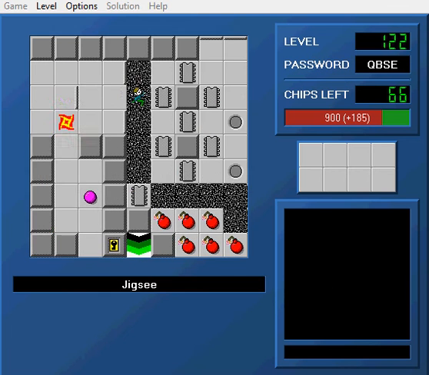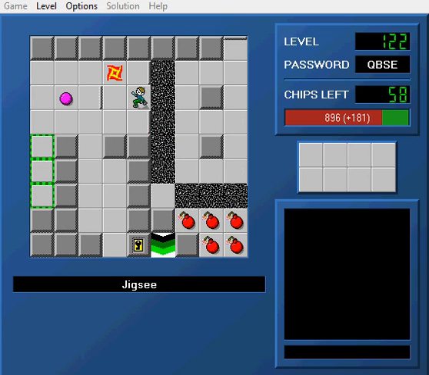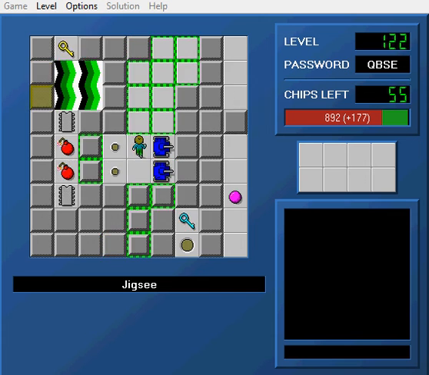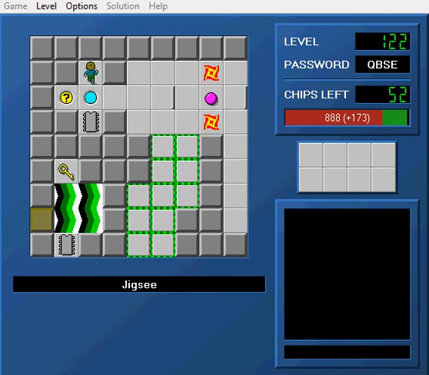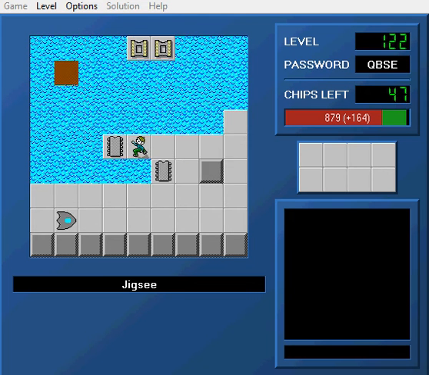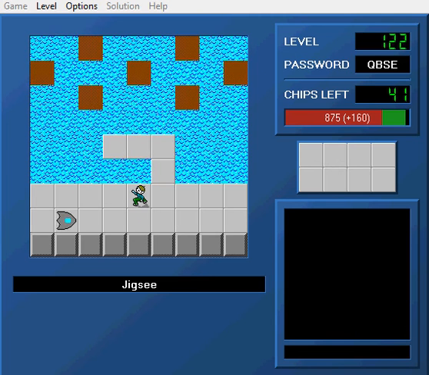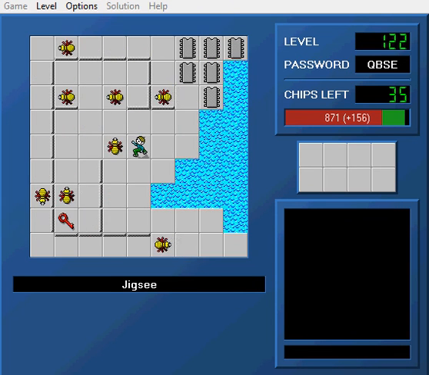Alright, Jigsy. So this is a level that's in the totally fair spot, which I don't think is necessary to be in the totally fair spot. Only one block in this level has a chip under it. That would be mean for some people, but apparently in this level it's not. Yeah, this level,